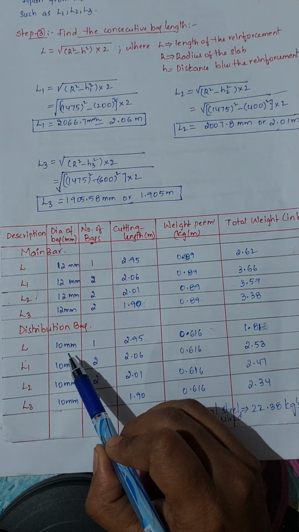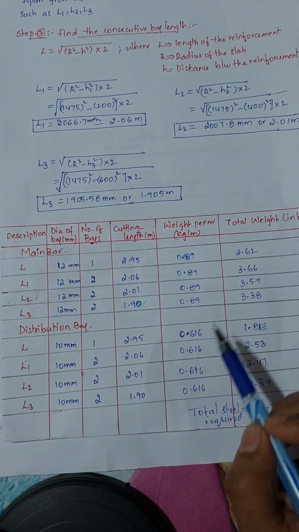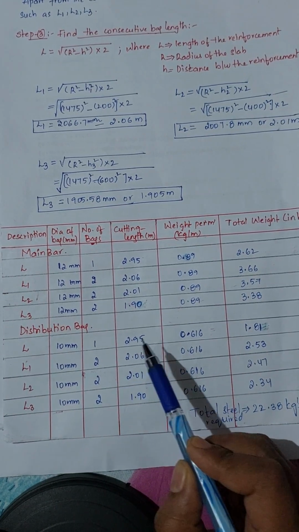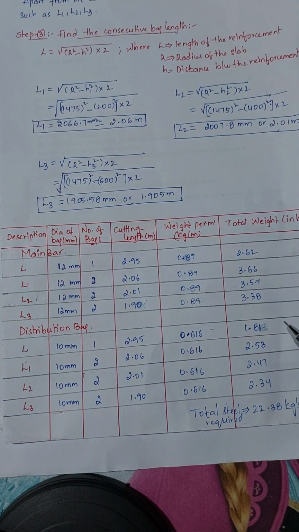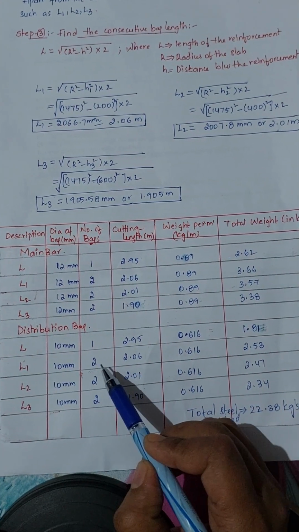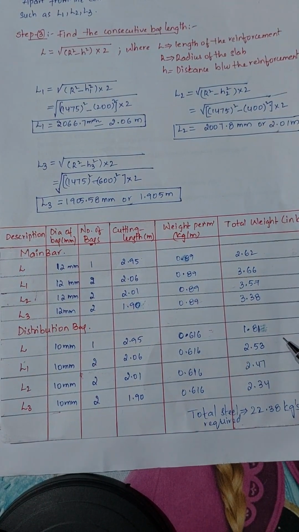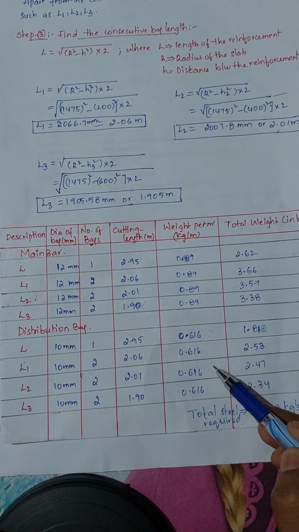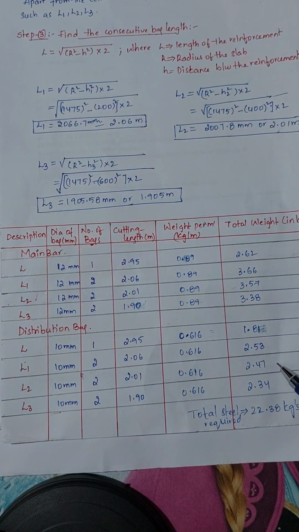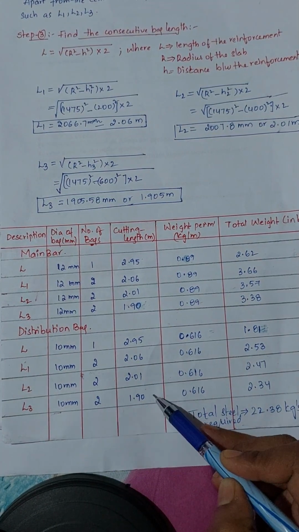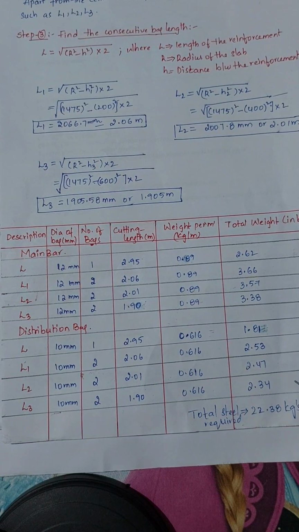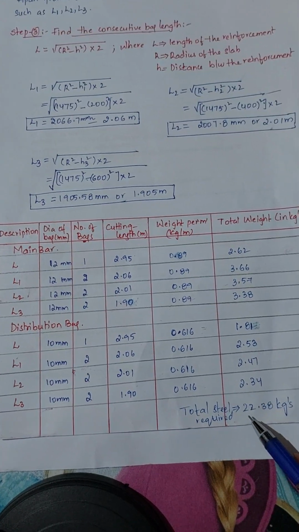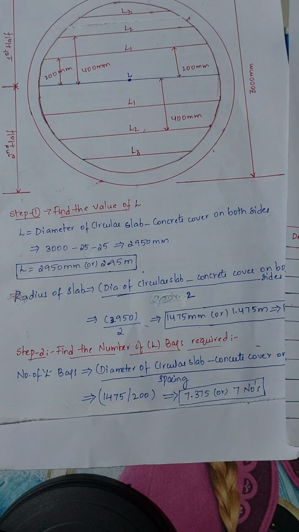And when we substitute 10 in the place of d in d square by 162.2, we will get 0.616 kg per meter. So now we will do 2.95 meter into 1 into 0.616, we will get 1.81 kgs. In the same way 2 into 2.06 into 0.616, if we do, we will get 2.53 kgs is required. In the same way for L2 also 2 into 2.01 into 0.616, we will get 2.47 kgs. In the same way for L3, 2 into 1.90 into 0.616, we will get 2.34 kgs. After addition of all these weights, we will get 22.38 kgs of steel is required for these dimensions